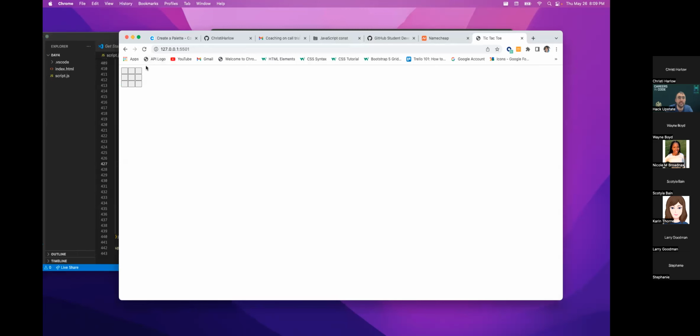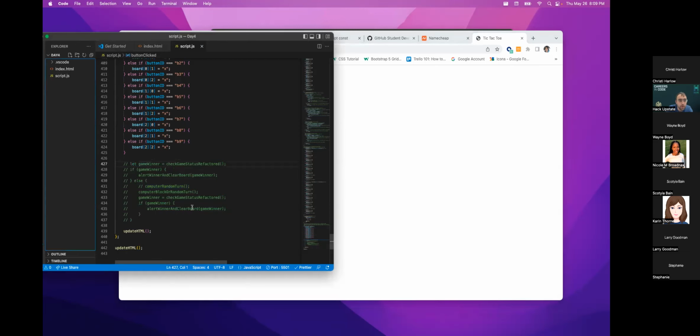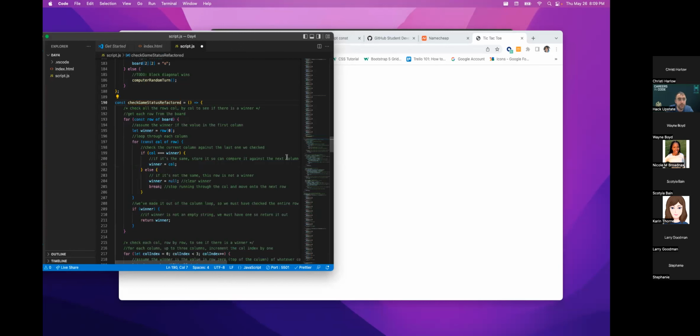So our problem must be in our check game status refactor. So let's go up there, and we say, go through the board, go through the column of the row, and if there's a winner, set winner. Otherwise, set winner and break, and if there's a winner, return the winner.